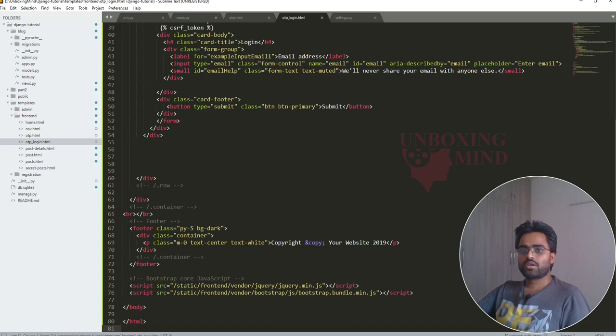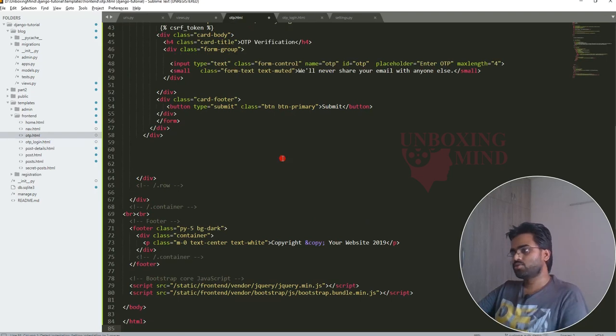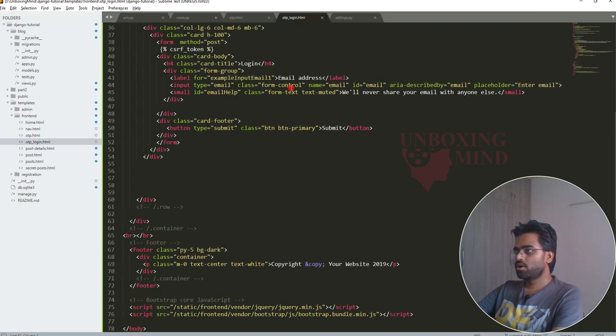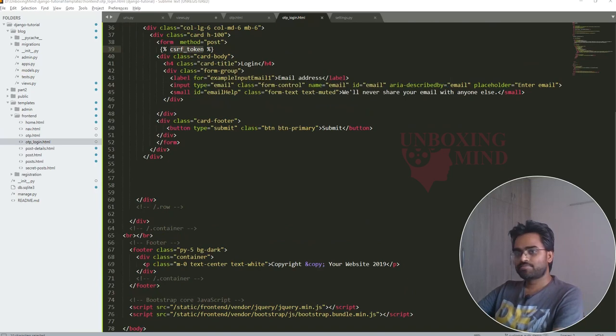This is for our login page, and this is for the OTP. If you go through this page, you will see there is one input for the OTP, and on this page there is one input called email.